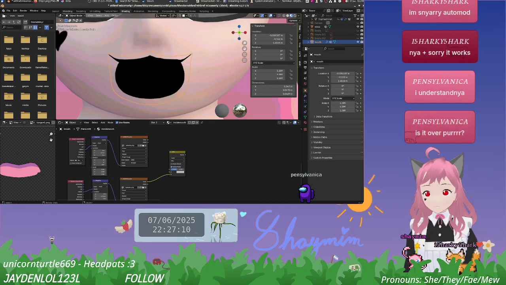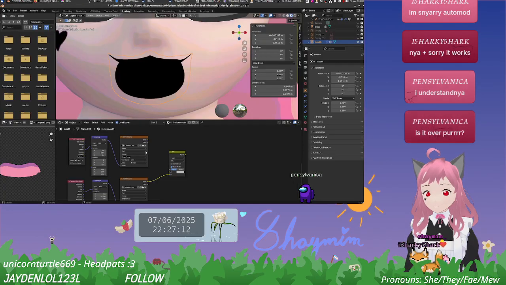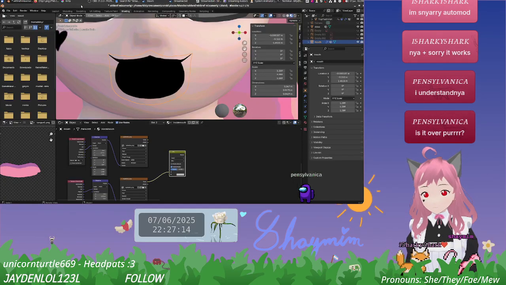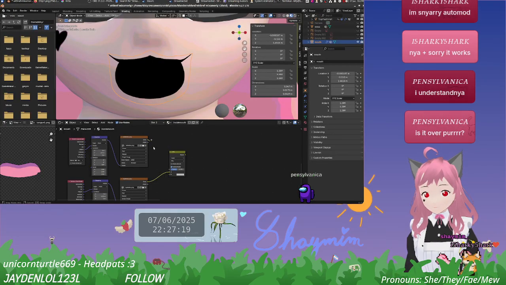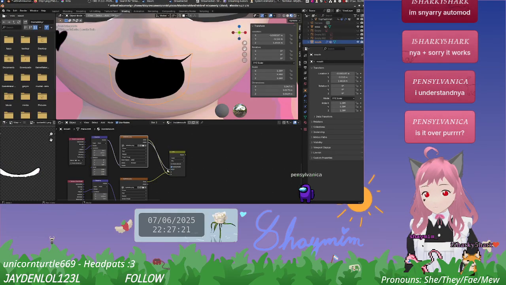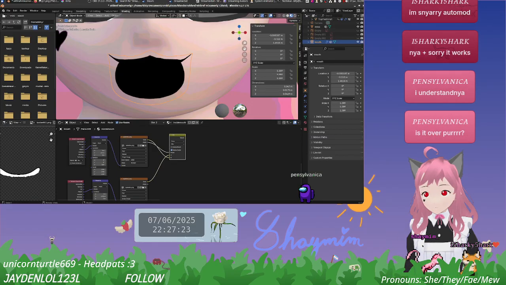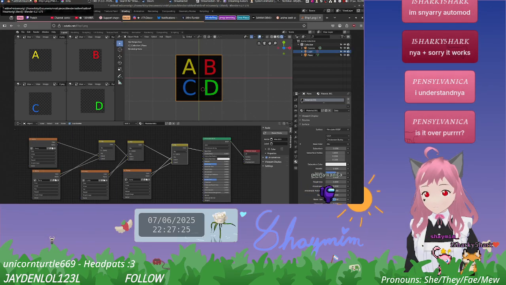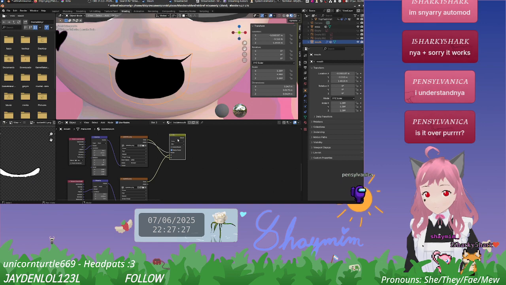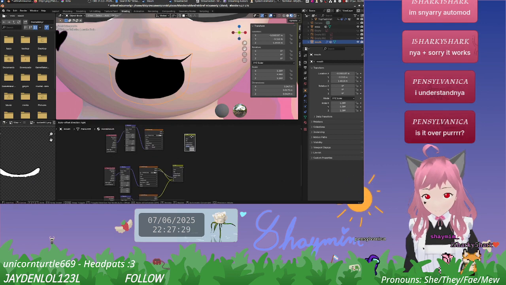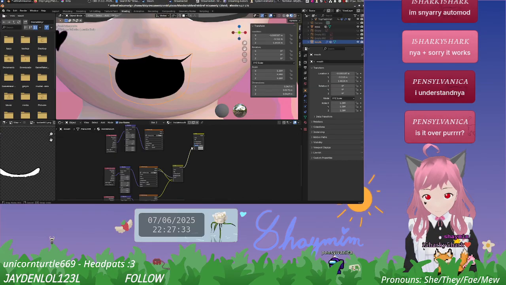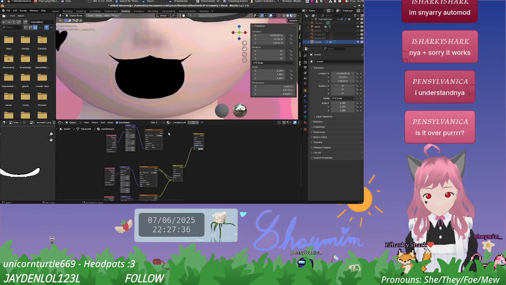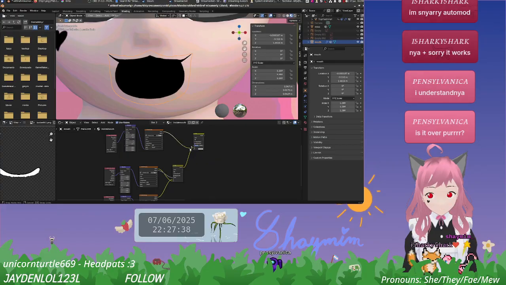So it looks like you go A, and then B, and then color. Alright. And use that as A on the next one. So maybe it matters which of the A or B you put it into.